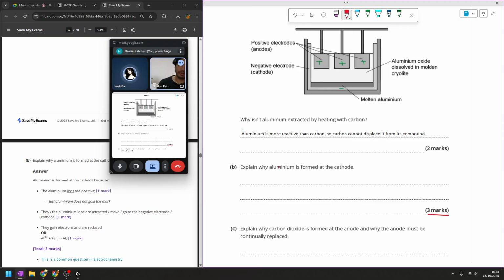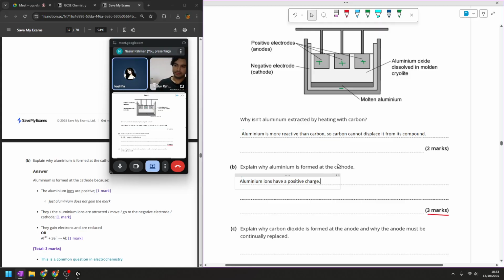So start off with the charge. What charge do aluminum ions have? Positive. Yep, so you can start off by saying aluminium ions have a positive charge. Positive charge. And as a result of that, what happens? So they go to the cathode, right? Yep. So they move to the cathode, the negative electrode,